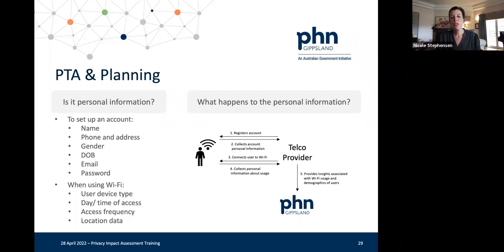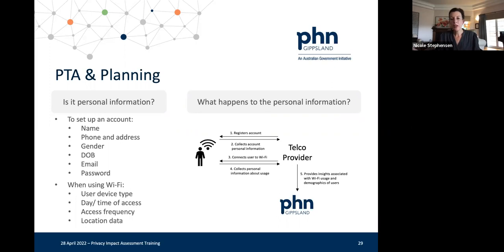And then, of course, there's the personal information that's associated with using Wi-Fi, such as the user's device details, the day and time of access, the frequency of access, and the location the individual's in while they are receiving that access. And then you can see, on the right of your screen, I believe, while you're looking at it,